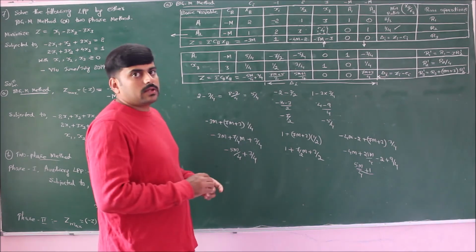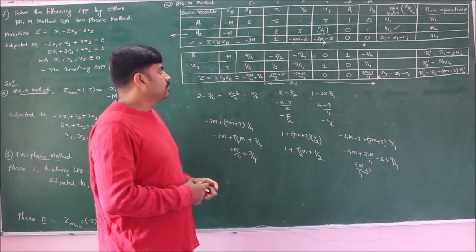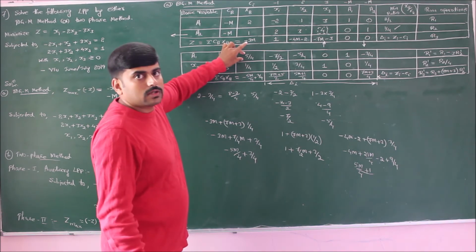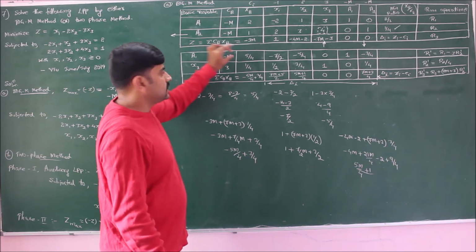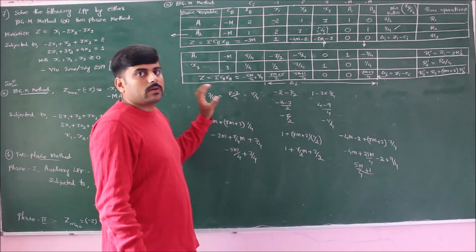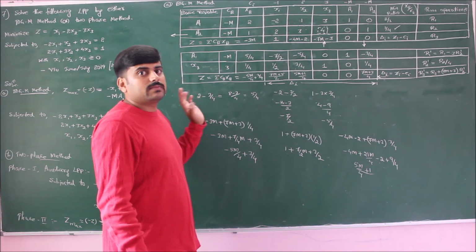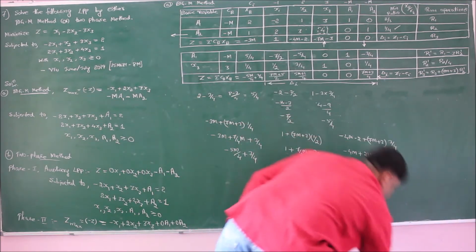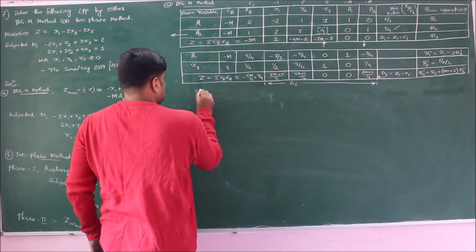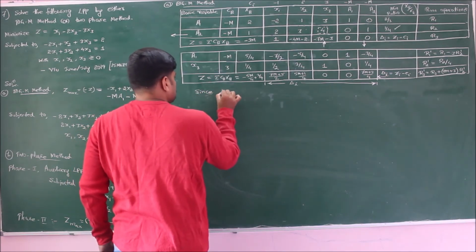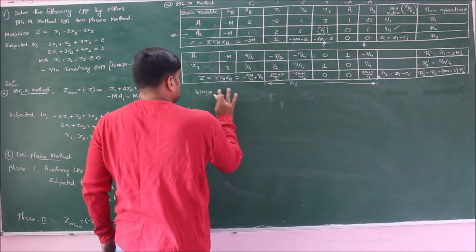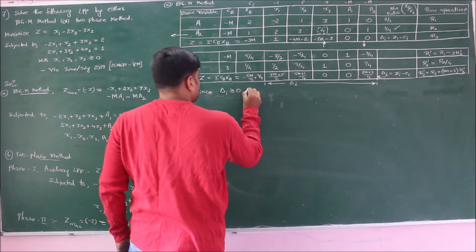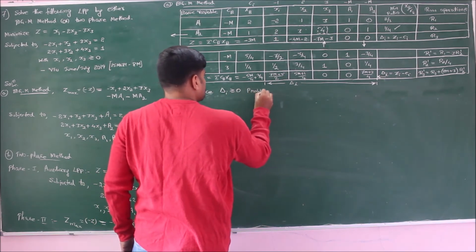Either artificial variable should be equal to 0, but here in this problem the value of artificial variable is 5 by 4. Since the value of artificial variable is greater than 0, the problem has infeasible solution. Therefore, since delta I is greater than or equal to 0, problem terminates.